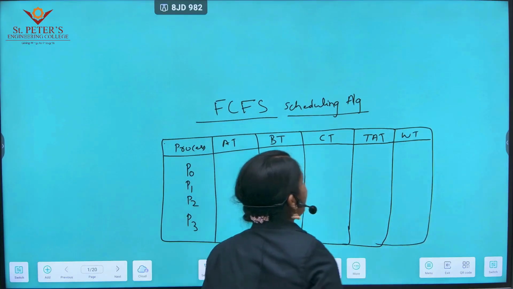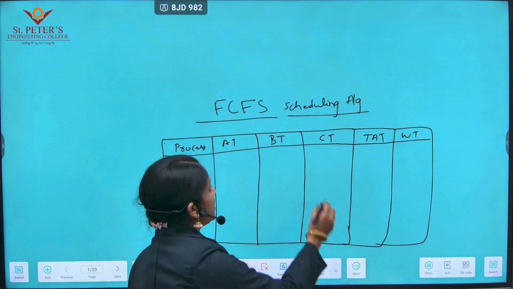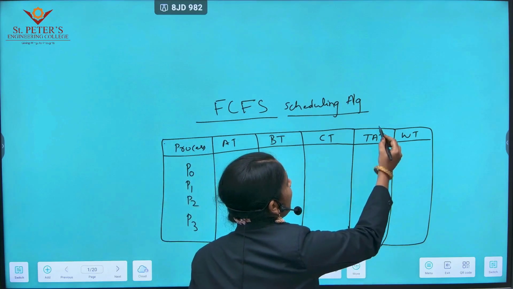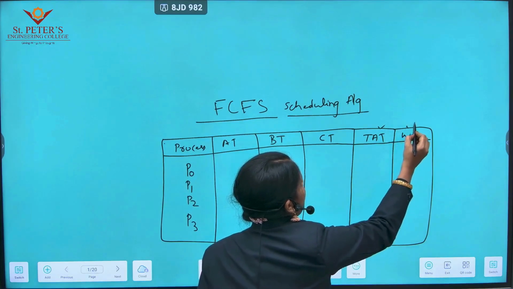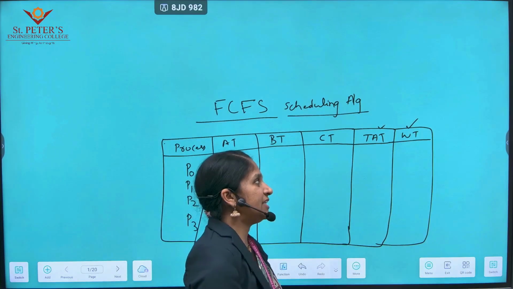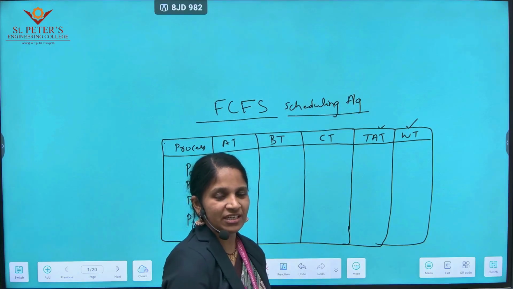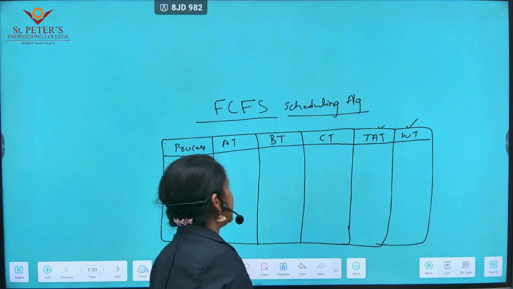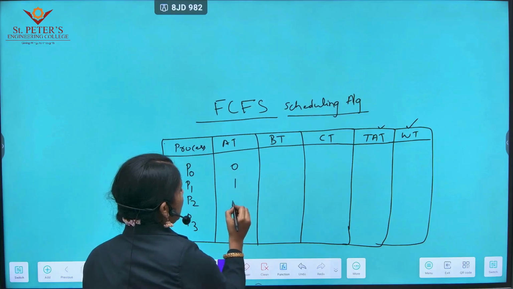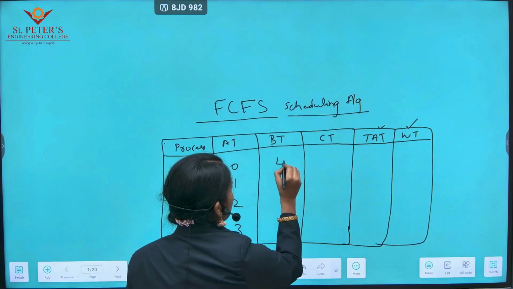Why do we have to find out turnaround time and waiting time? To know which scheduling algorithm is the best, we have to look at turnaround time and waiting time. If the average turnaround time and average waiting time are less, that scheduling algorithm is the best scheduling algorithm. So here I am taking arrival times 0, 1, 2, 3 and burst times 4,